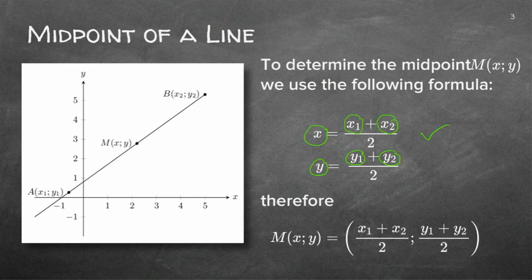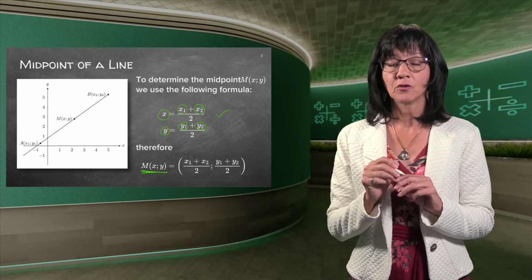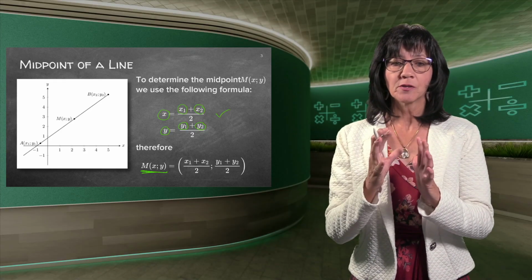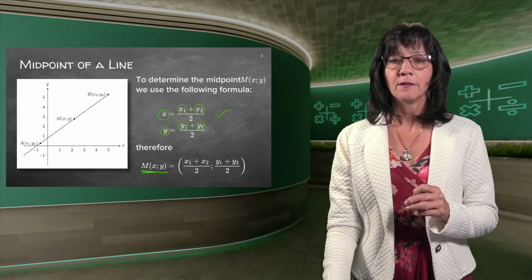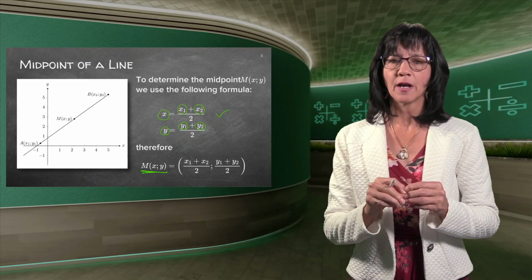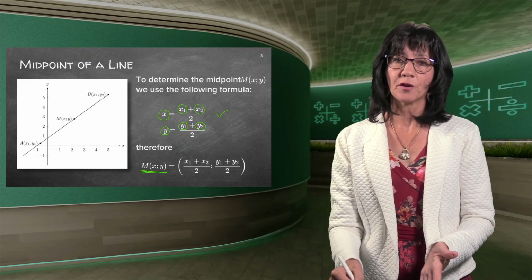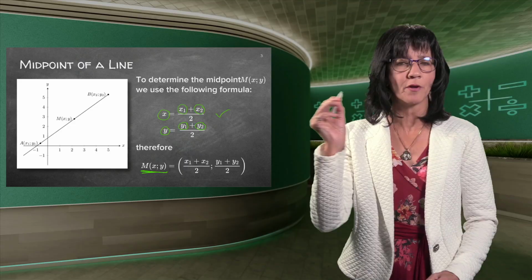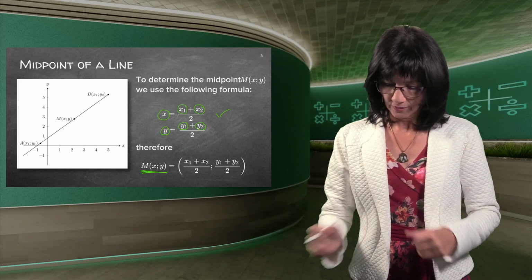So just to write it down neatly, this is how we write down the midpoint of xy. Just be very careful that you use a capital M, because if you use a small m, it's for gradient, you remember. So I need to use a capital M because it's a point. Points are always allocated with a capital letter. And there's my formula. To get to the middle of something, you add the 2 that you've got, divide by 2, and you get to the middle of it. Good. Now the sketch, again, this one is drawn very neatly. If you draw it, you really just draw a rough sketch, approximately where the points lie, so that you can check in the end. Good.